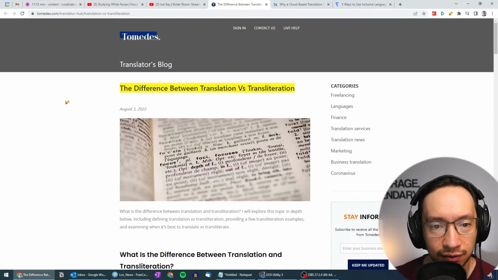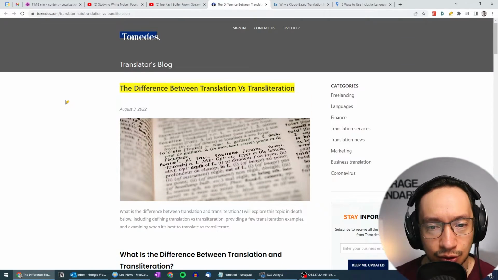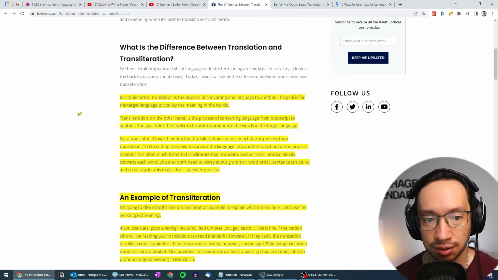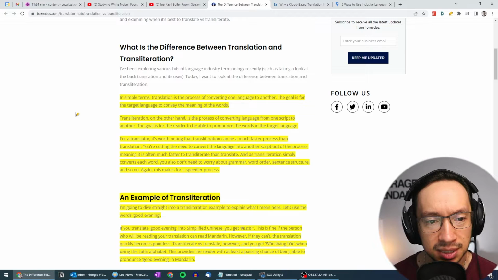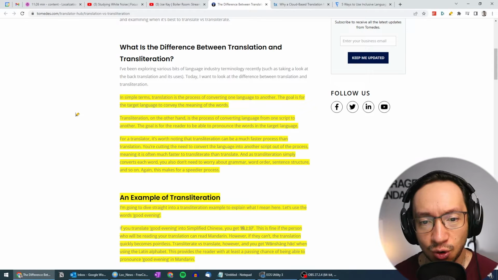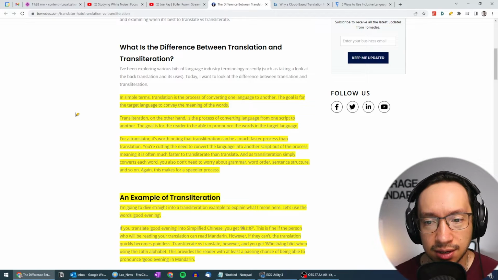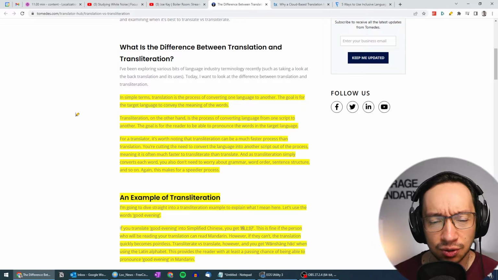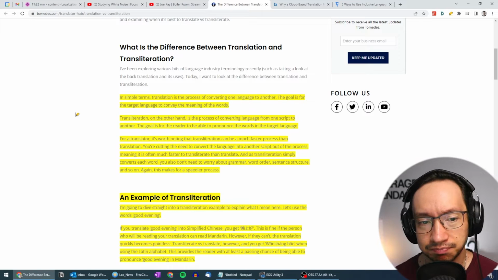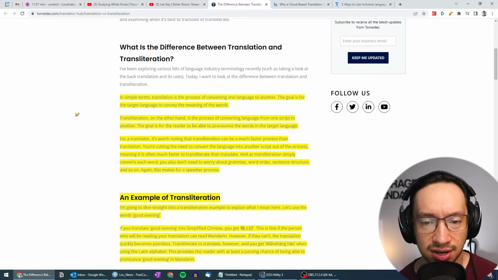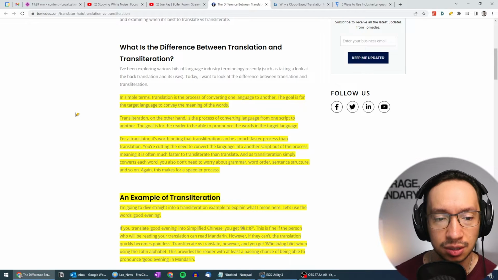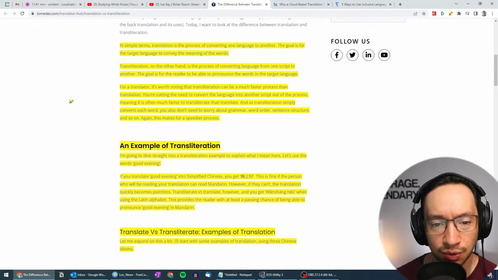So what do they have to tell us about translation versus transliteration? First of all, in simple terms, translation is the process of converting one language to another. The goal is for the target language to convey the meaning of the words. Transliteration, on the other hand, is the process of converting language from one script to another. The goal is for the reader to be able to pronounce the words in the target language.